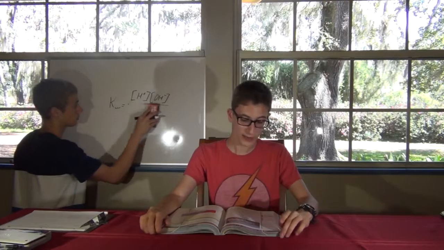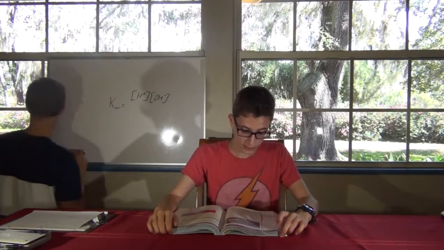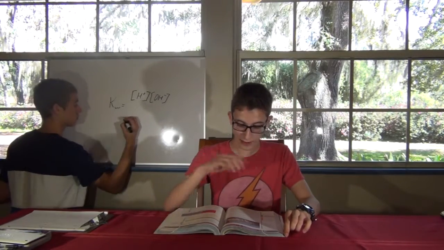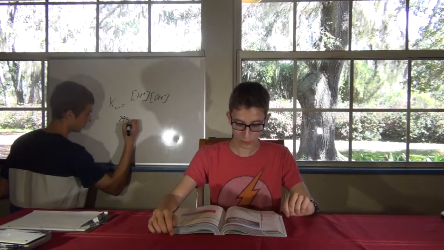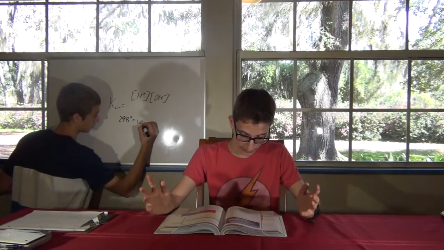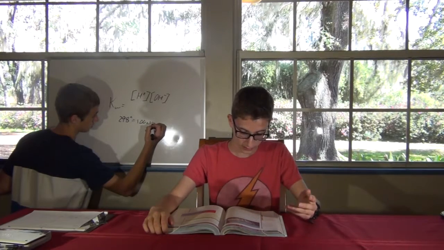And this is known as the ionic product constant of water, and it has a fixed value. And that fixed value is at a specified temperature. At 298 degrees Kelvin, the ionic product constant of water is 1.00 times 10 to the negative 14. And so in pure water, because the